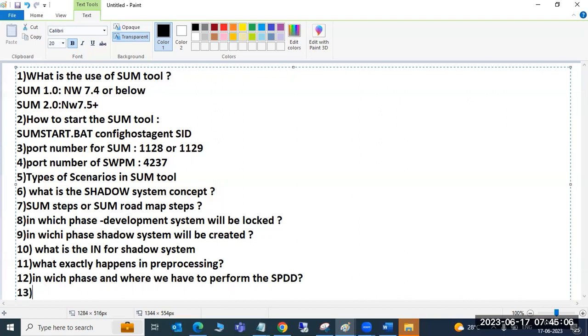In the pre-processing phase, at the end of pre-processing. In which system, the main system or the shadow system? The shadow system. Exactly. Sometimes the interviewer may confuse you. Don't get confused, and answer clearly.